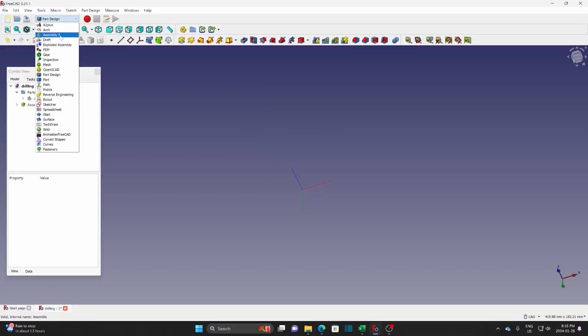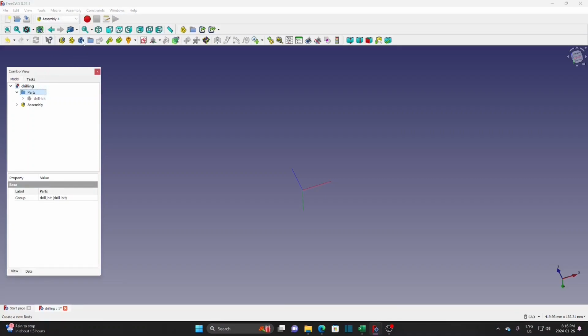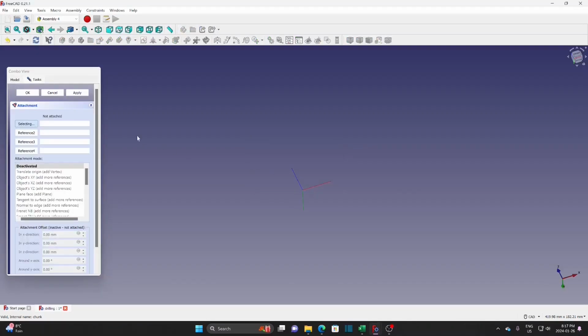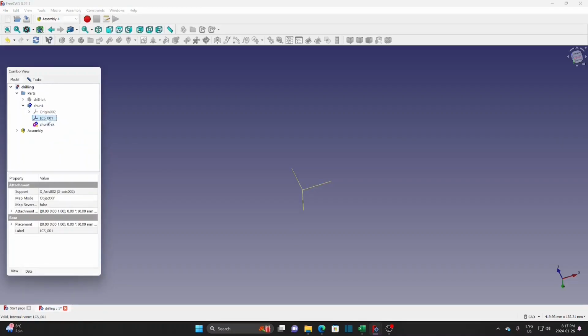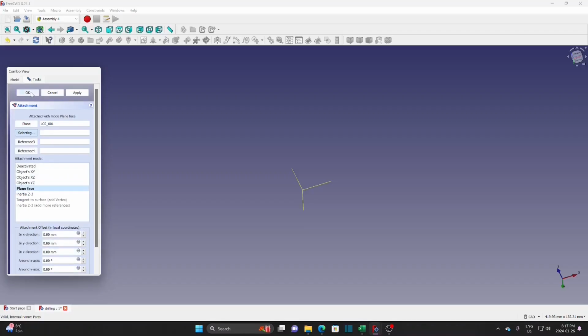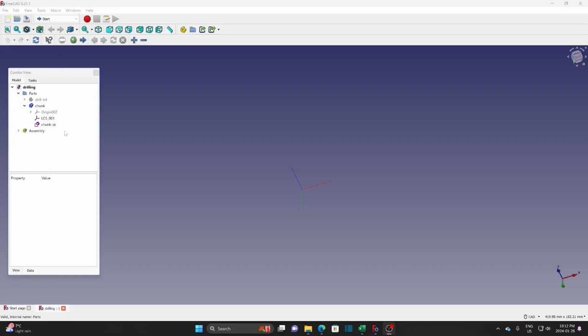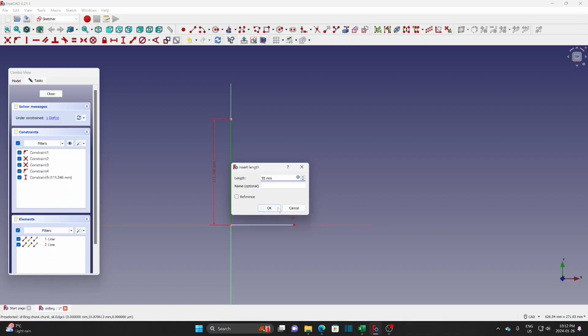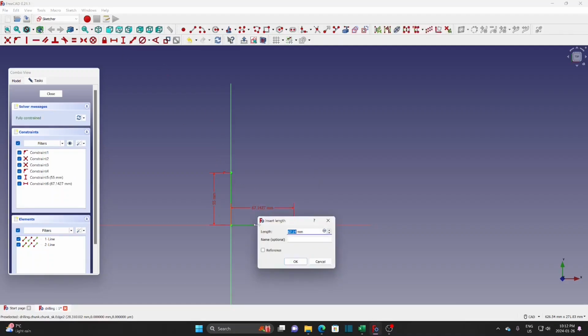Go back to Assembly4, select parts, create a new body, call it trunk, create a new sketch, select model, LCS, go back to task, paint face, OK. Go to the sketch, draw 2 lines, 55, 25,